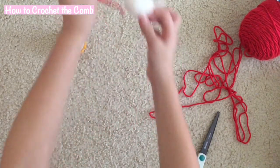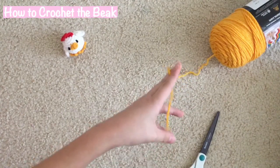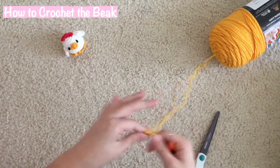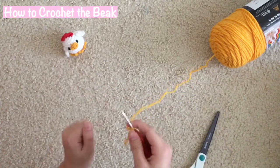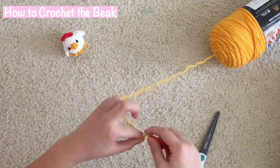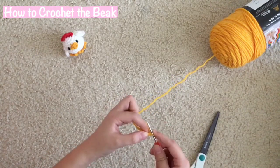So then just set that aside, and now we're going to make the beak. To make the beak, we're just going to make a slip stitch again. You can do it the same way we did for the comb. And then we're going to chain 4. 1, 2, 3, 4. And then we're going to go from the second chain from the hook and do a double